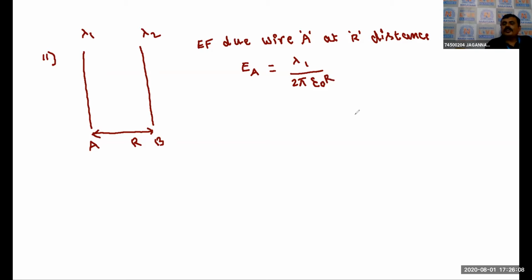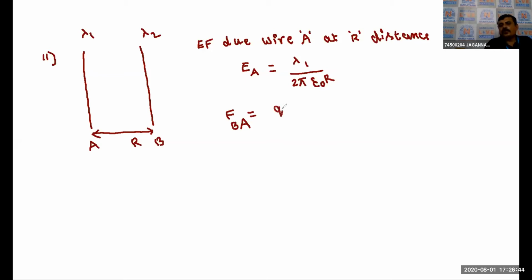Got the point? Now, in this field, the wire B is present. Due to this wire B, how much force is experienced here? According to the force and electric field relationship, the force experienced by the second wire. So, what is the second wire? B only, no? Force experienced by B due to the field of A is equal to